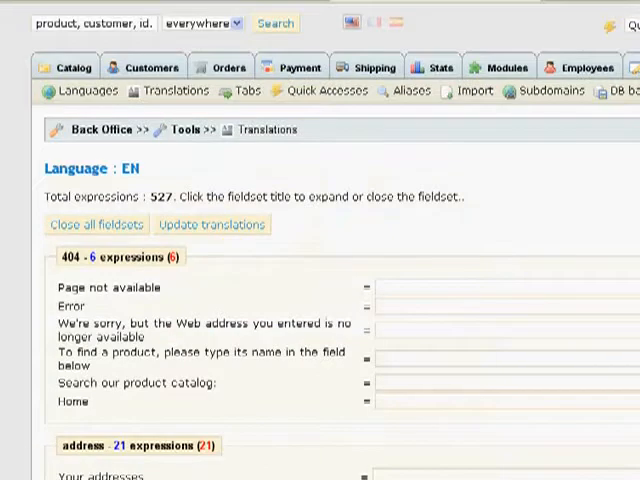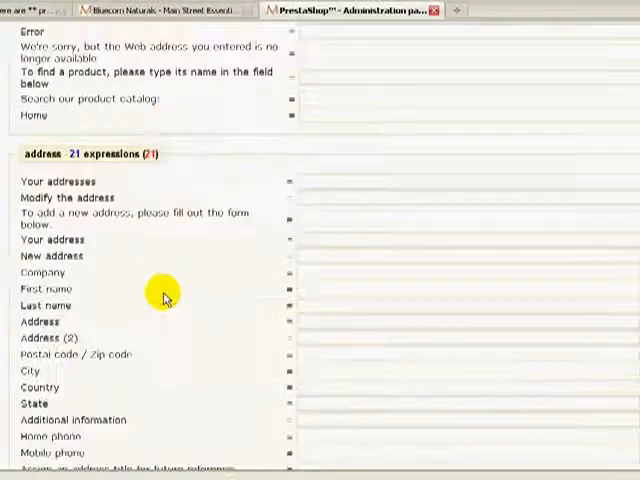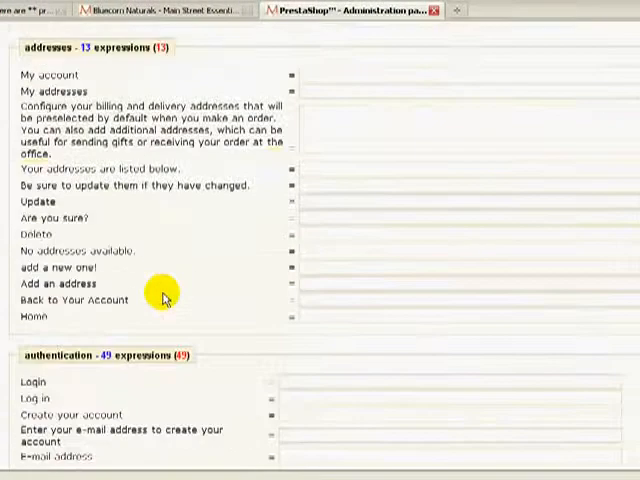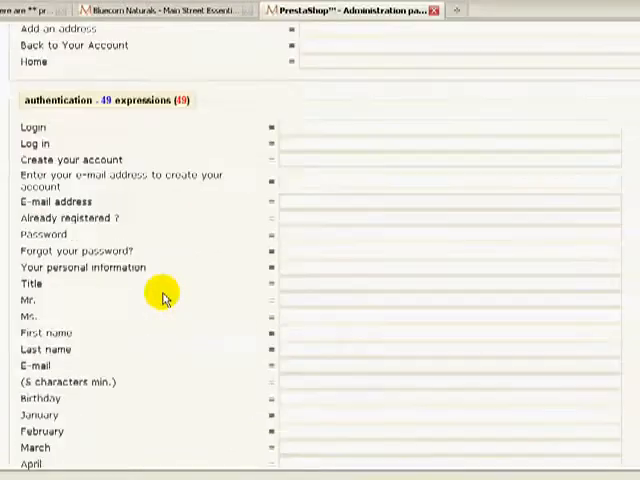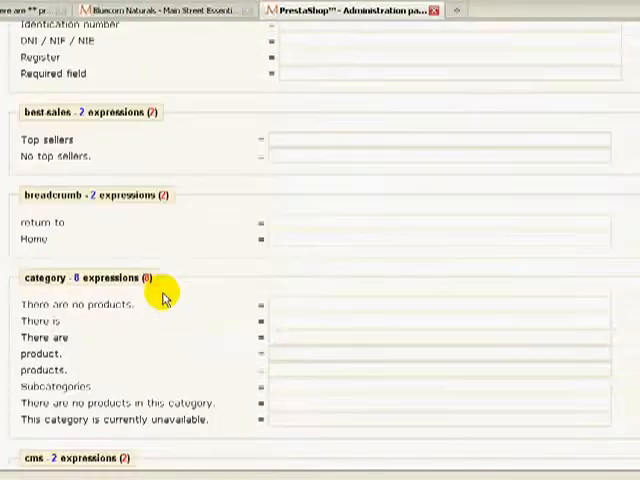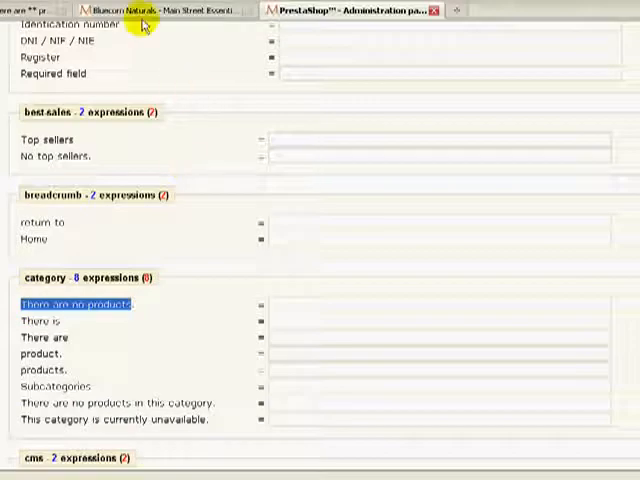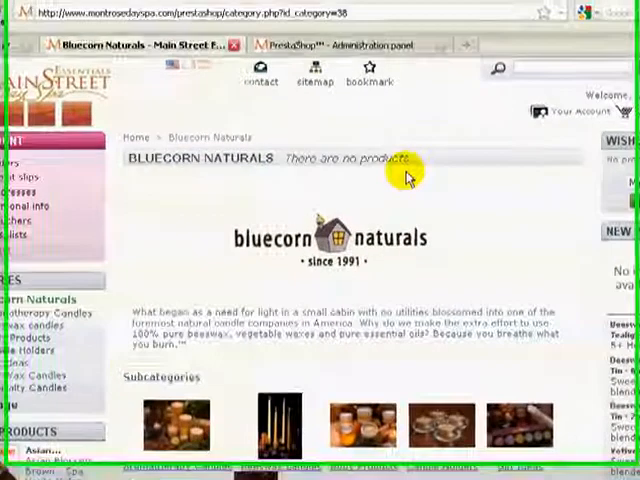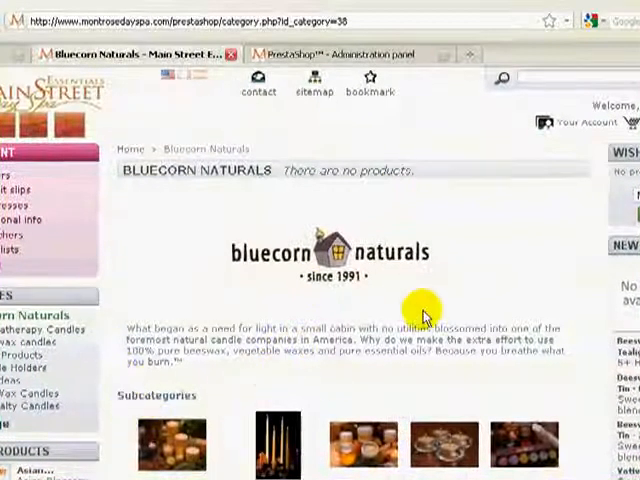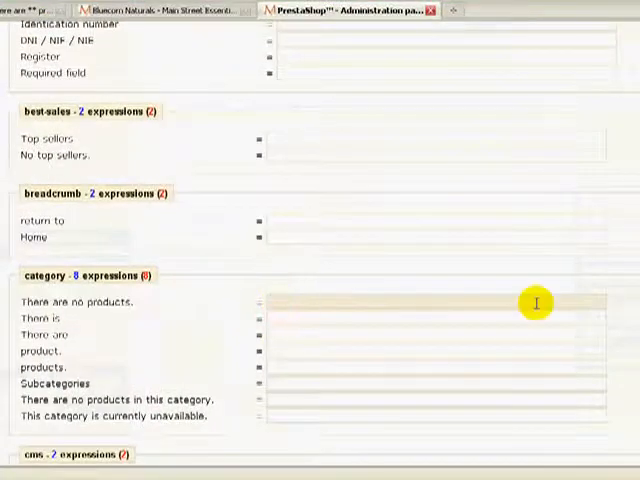Now you have to kind of know what you're looking for, and I had to look a bit. I scrolled down until I found the text that appeared to be appropriate, and it turned out to be correct. So I was in the category section, and the text that I'm trying to deal with is there are no products. So let me show you here again. There are no products, and it appears to be a category issue. So I took a chance and I changed it to something that I thought might work a little bit better. And I chose to change it to please